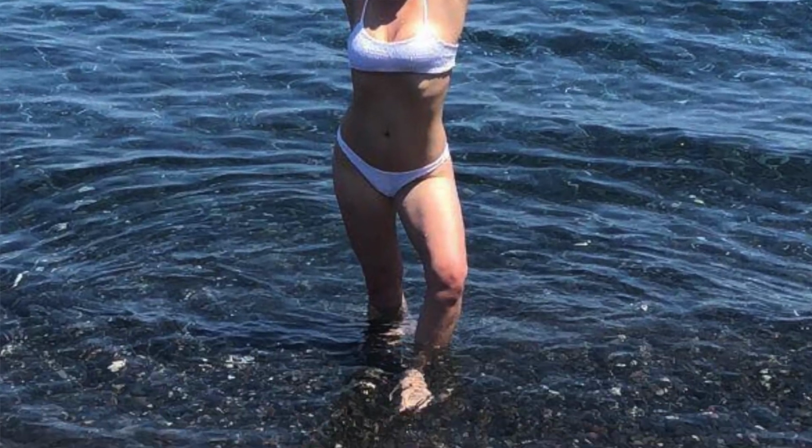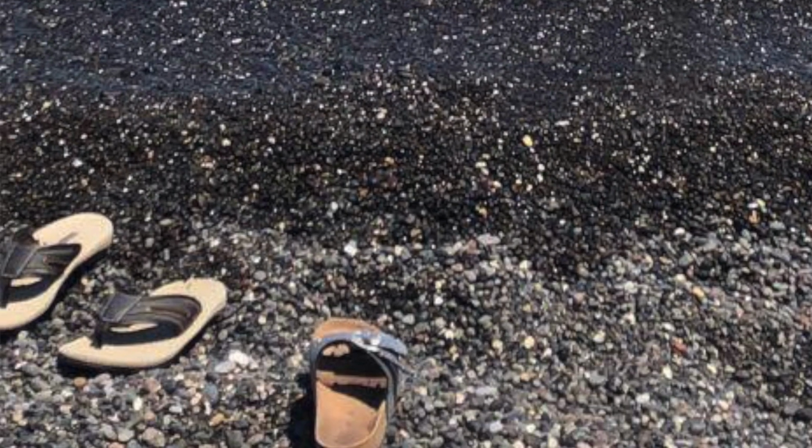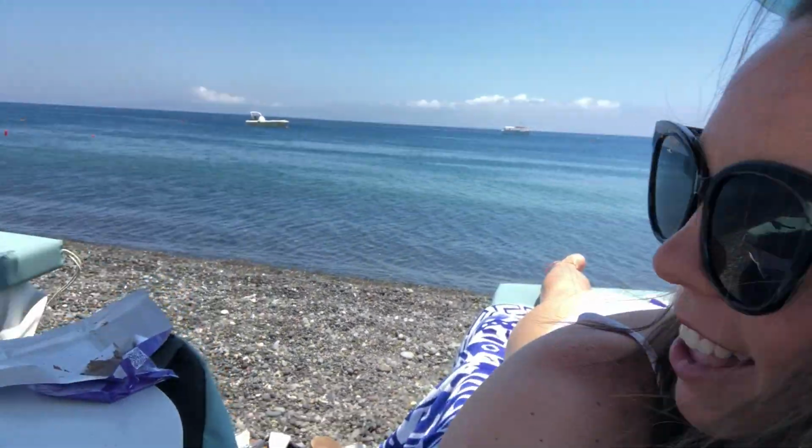We actually found a cheaper hotel, walking distance to Perissa Black Sand Beach. One thing I do have to say about Perissa Black Sand Beach is it's actually made up of a bunch of black pebble stones, so you do need swim shoes. We did not know that before, and my feet were hurting a little bit, but it was fine. It was beautiful. Now we are at Kamari Beach, the black sand,